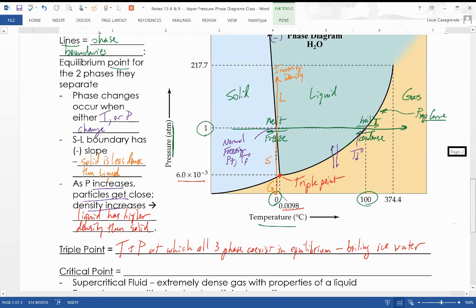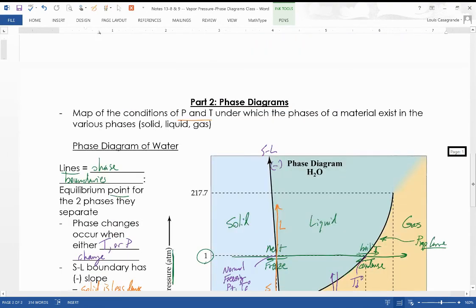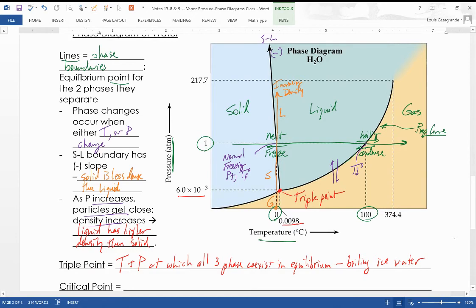So the point up at the top of the liquid vapor interface is called the critical point. Let me rewrite that. Critical point. Now, the critical point, you notice up above the critical point, there is no more line, because of what happens at the critical point. And the critical point is really defined by the temperature